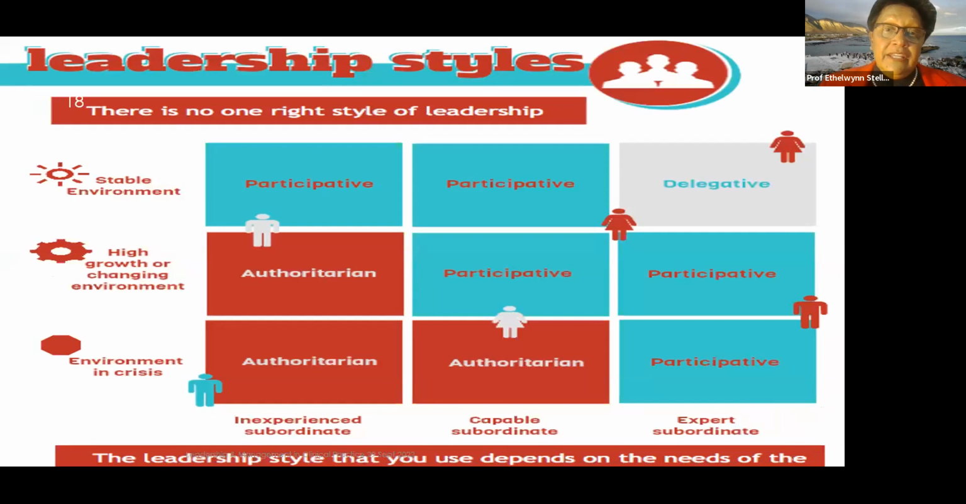So then your leadership styles according to the environment. It changes because you could be authoritarian, you could be participative, and that's important to know your staff. Let's say, for example, you have an environmental crisis and an inexperienced subordinate. Then you have to be authoritarian, because let's say you're busy with somebody that just had a heart arrest, and you have to